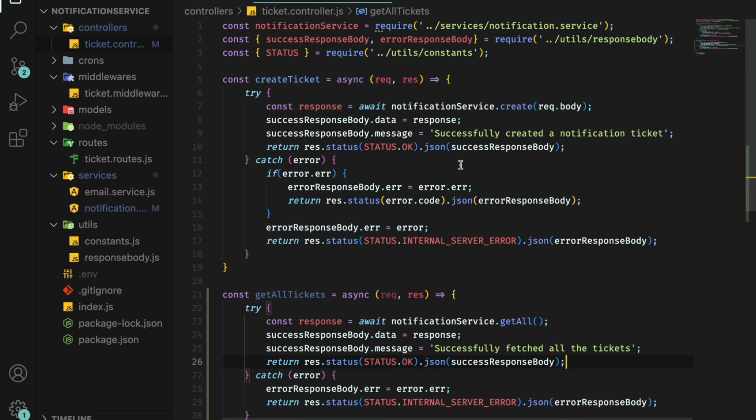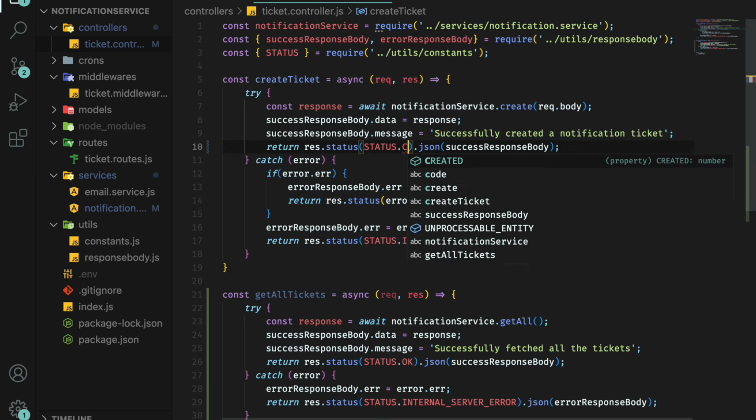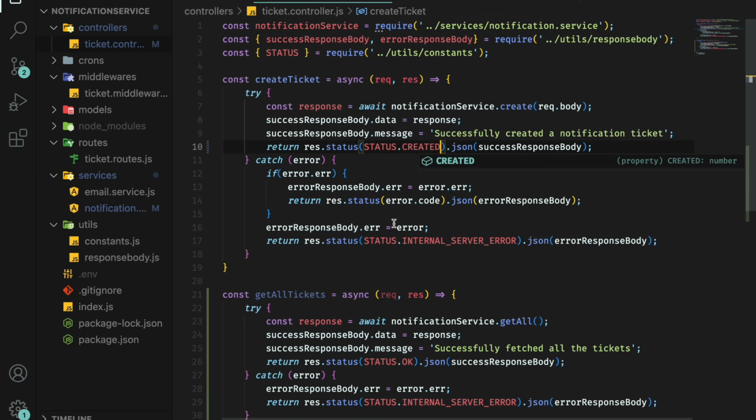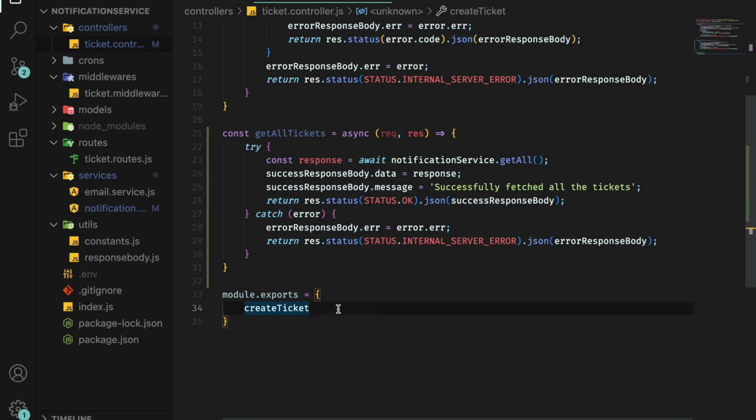And here, when we are creating the ticket, it should not be okay, it should be status.CREATED. So this getAllTickets function is ready for us. Let's just export it,